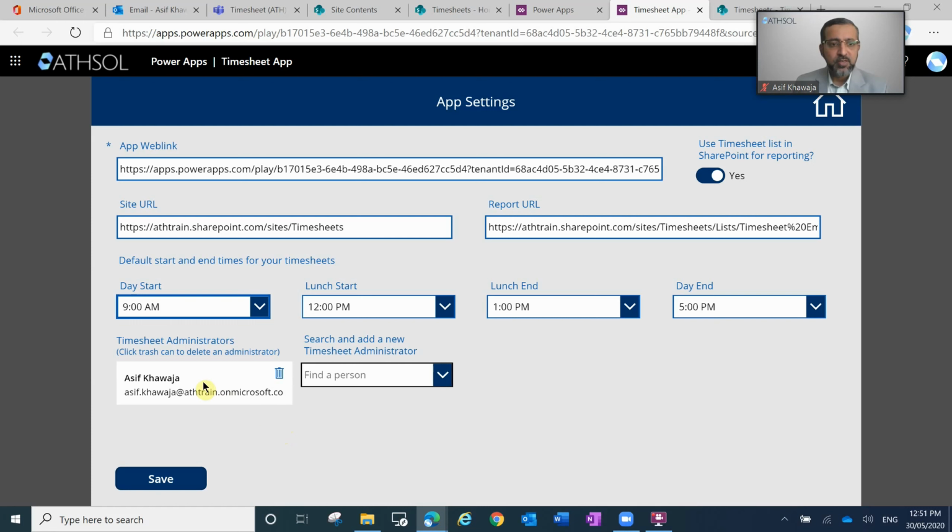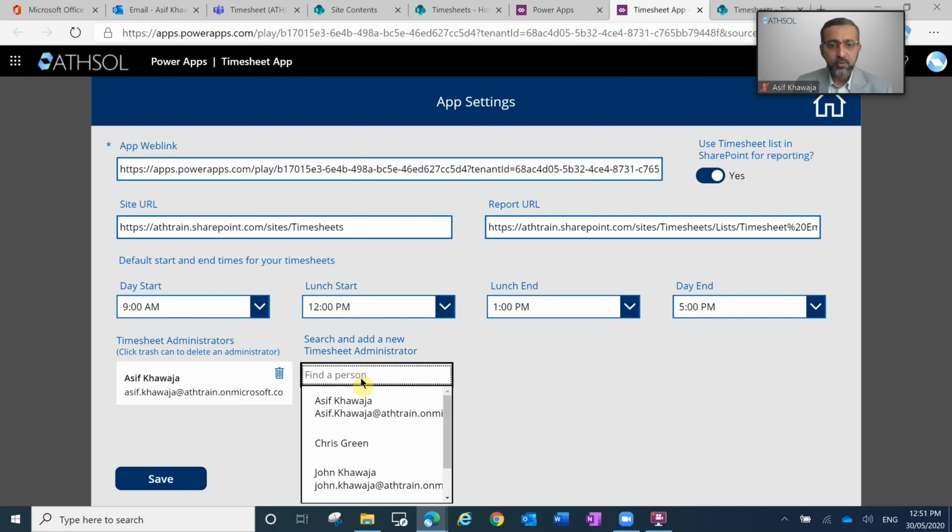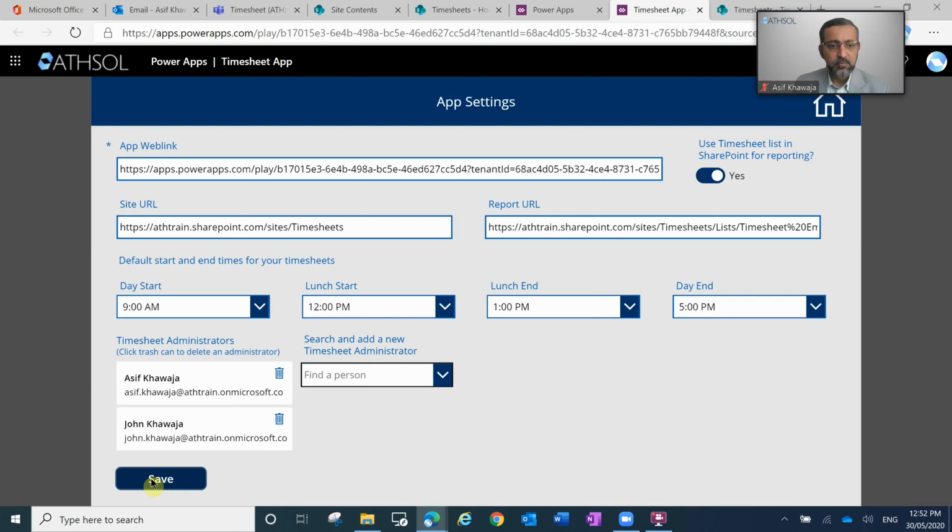You can also make someone a timesheet administrator, for example, a payroll officer or a SharePoint or Power BI administrator, so that they can have access to those restricted sections of the timesheet app. To add a person here, you can simply click for a person's name, choose the person's name, and simply click on Save button. This will add them to this list. Once John has been added as an administrator, and you click on Save button,